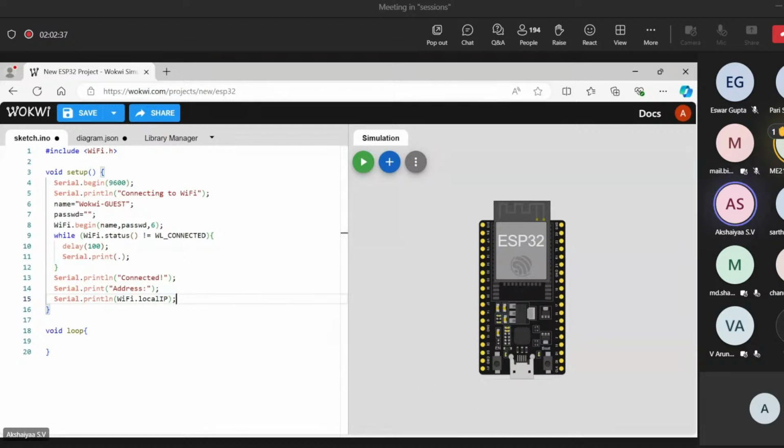We'll start the simulation, but if you guys have any doubt in the code, you can put it in the Q&A. Just a second, checking for doubts.